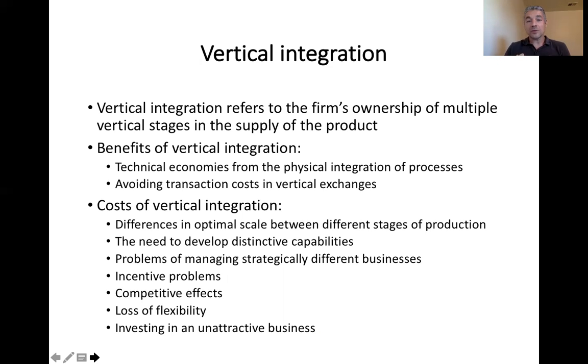At the same time, you may choose to acquire a beverage manufacturer so that all the cans that you produce will be used in your own facility. So those are the kind of things that the notion of vertical integration deals with, right? It's how vertically integrated you are, how many stages of the supply chain you really control. So it has multiple benefits, right? The idea of vertical integration.